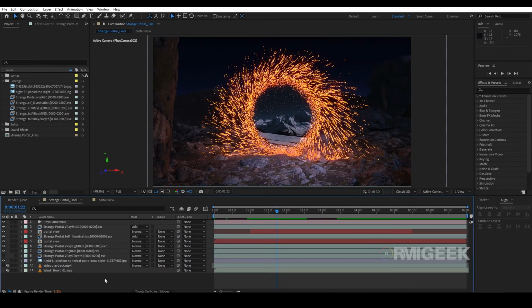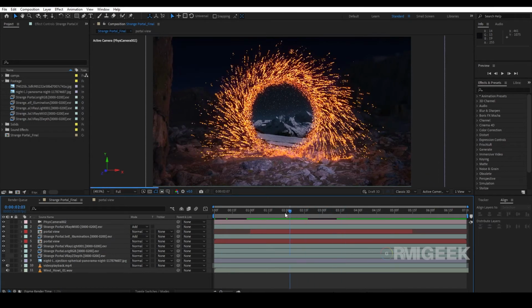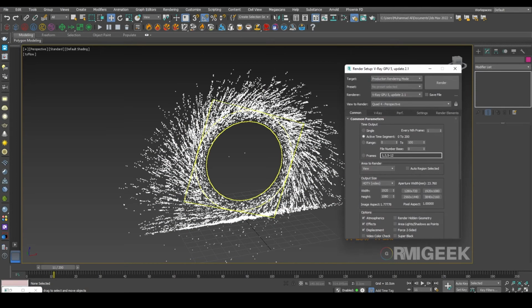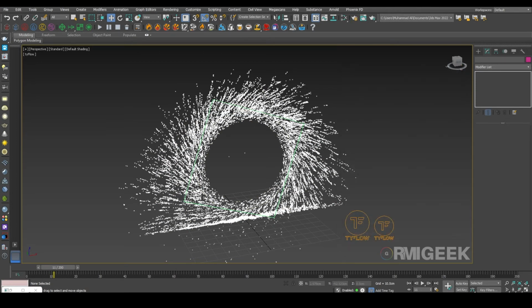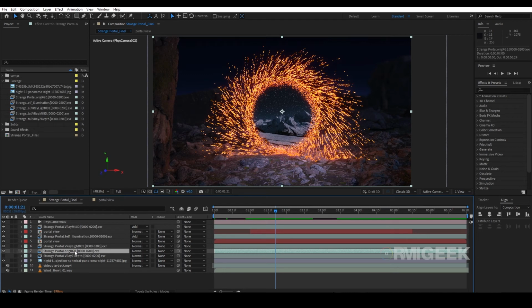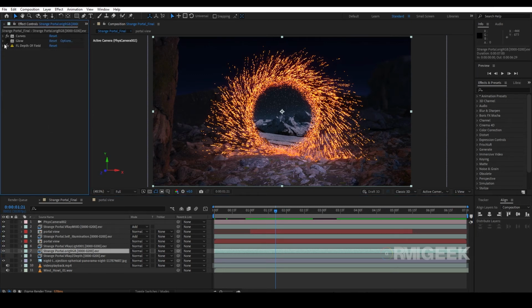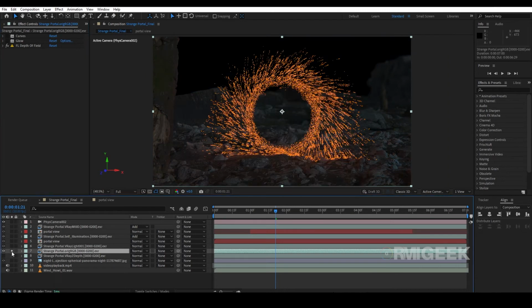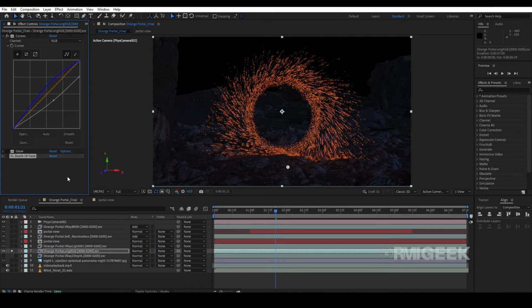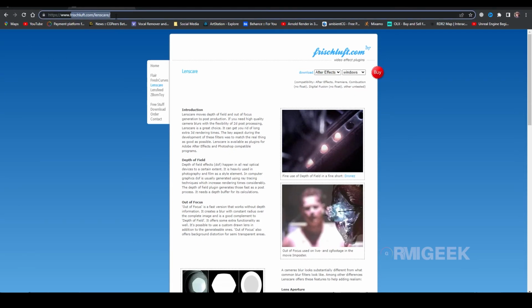In After Effects, I have added many passes which I rendered from V-Ray. So in After Effects, I first imported my original comp and I made some curves adjustments. Let me show you. This is my original render. So I have added some curve adjustment, color tone. Also I am using FL Depth of Field which I have downloaded from the site